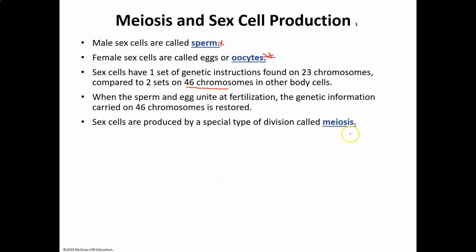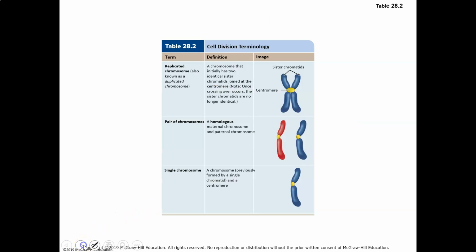The other end goal of meiosis is this: I told you that with mitosis, the end goal is to get identical cells, no variation. The end goal of meiosis is to get variation. You want variation. That's how evolution continues, by having variation. Meiosis is that method. So now I've added a couple slides to the slideshow that you have. We've got to go through some terminology here, and it gets confusing.